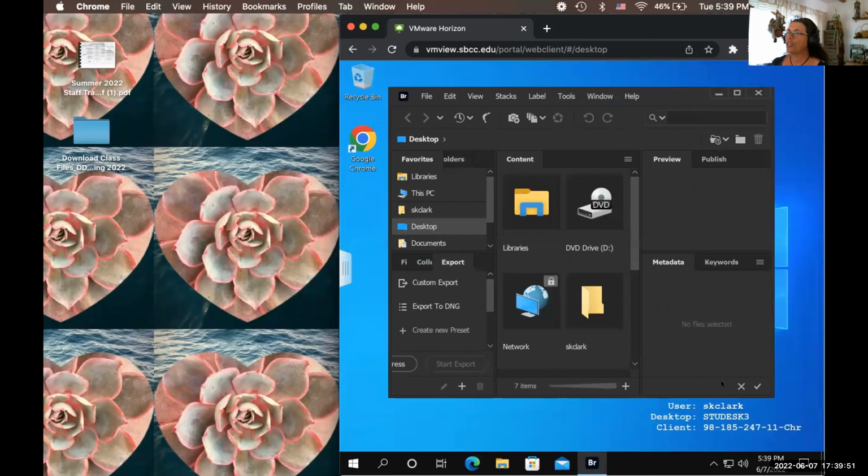Okay, and then there's one more window. I'll help you get here in a second, but first let me help Glenda, and when Glenda's here, I'll help you both get to the class files. So let me catch Glenda up to here, and then you'll both get the class files. So let me stop your share. And all right, so Glenda,